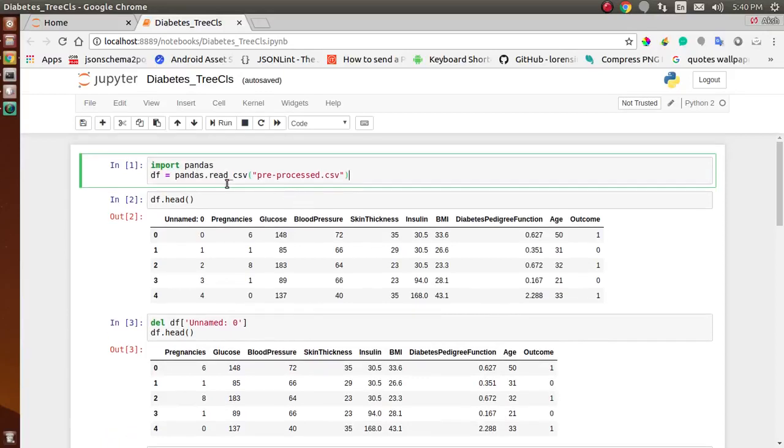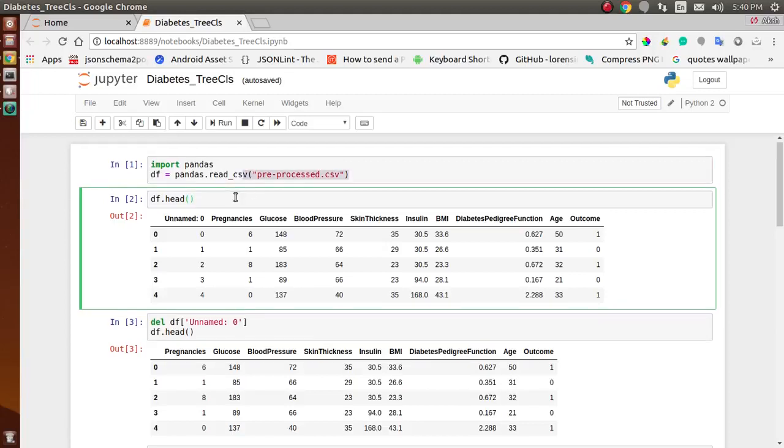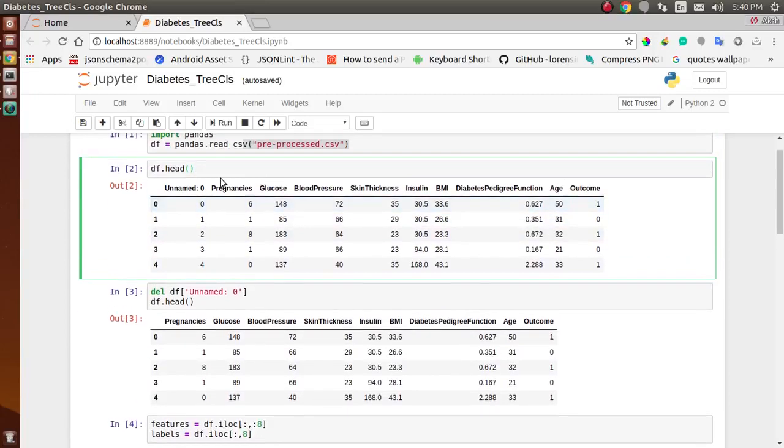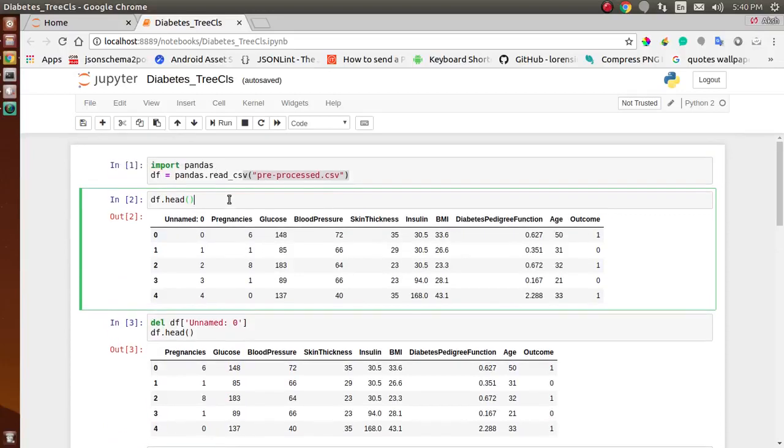In coding, all we have to do first is import our CSV file, and we can do it by using pandas. Before importing pandas, you have to install pandas on your system. After reading the CSV, you check whether you imported it correctly or not. To check it, you just call df.head, and this will show you the top 5 rows of your data set. So here we have the top 5 rows of our data set.